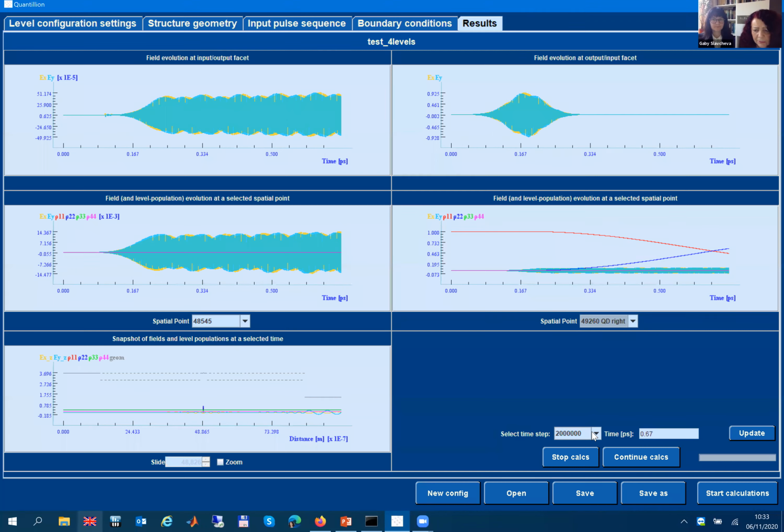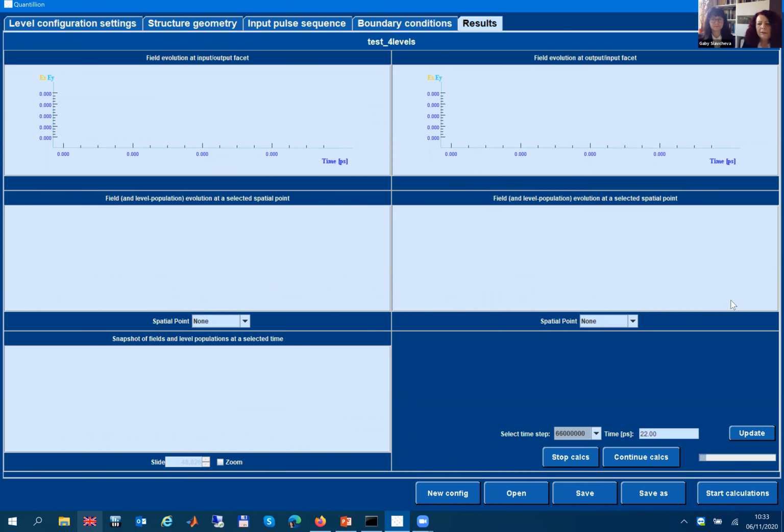And for example, we can choose the time. We can choose the time at which we want to calculate the dynamics. It takes some time to load the results, which have been recalculated at the moment, but it can be done also on the fly while the program is running. So we can see immediately what the dynamics are, and what, for example, the behavior of the populations of all 4 levels and all field components.